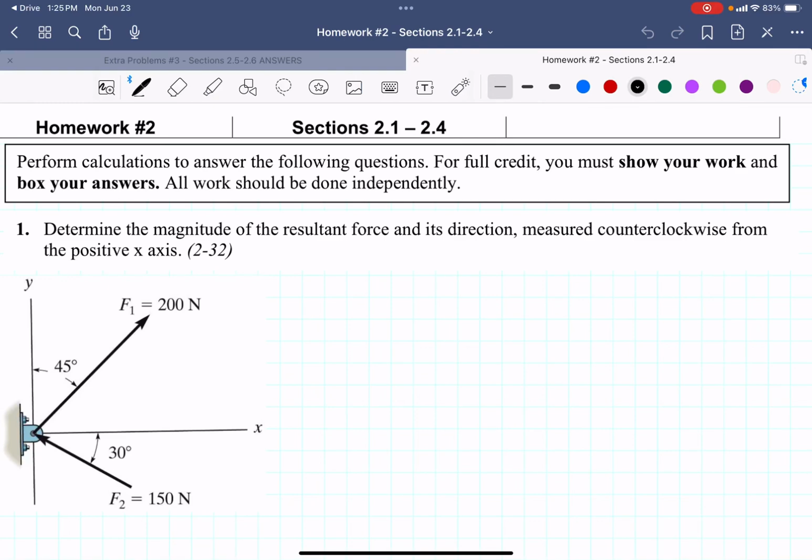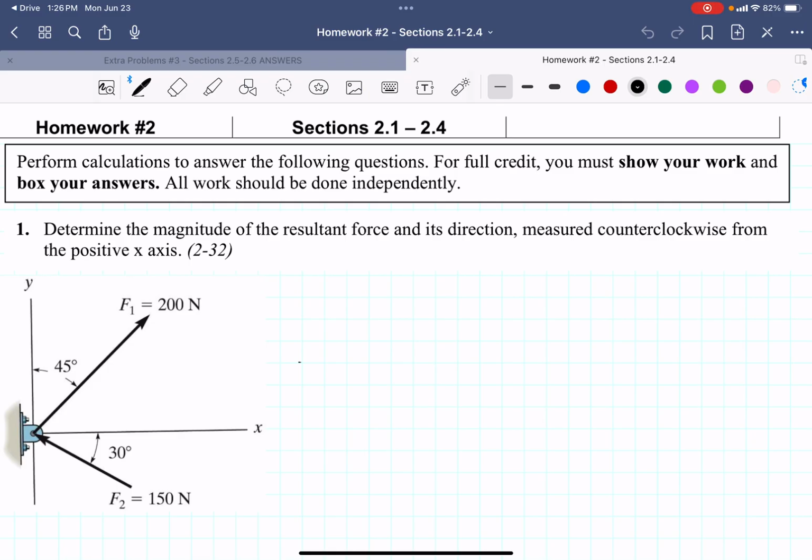This is the video for homework number 2, sections 2.1 through 2.4, problem number 1, where we're looking at determining the magnitude of a resultant force and its direction. So we're going to take the two forces that we're showing now and break them into their x and y components. You could also use Cartesian vector notation, but for this one I'm just going to break them into their